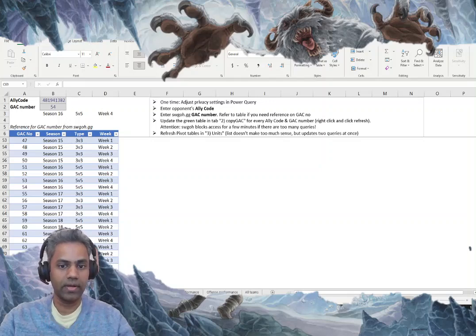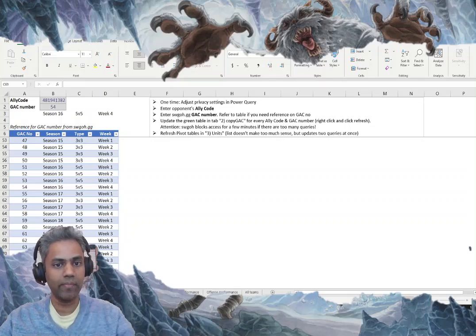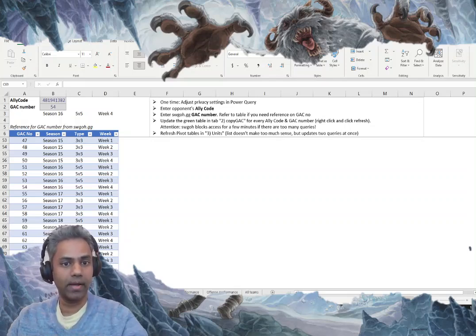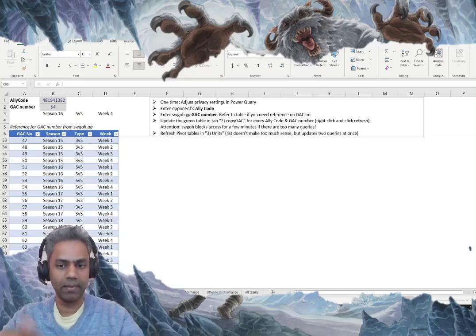I want to cover the topic of scouting your opponent, and I'm not going to talk about other methods of scouting like using Discord bots and swgh.gg. There's a specific tool that I've been using for the last 2-3 months, which is developed by Dr. Pivot. And he's helped me with a couple of other tools before as well. But this one is something which I found really useful for my personal use for GAC, and that's called the